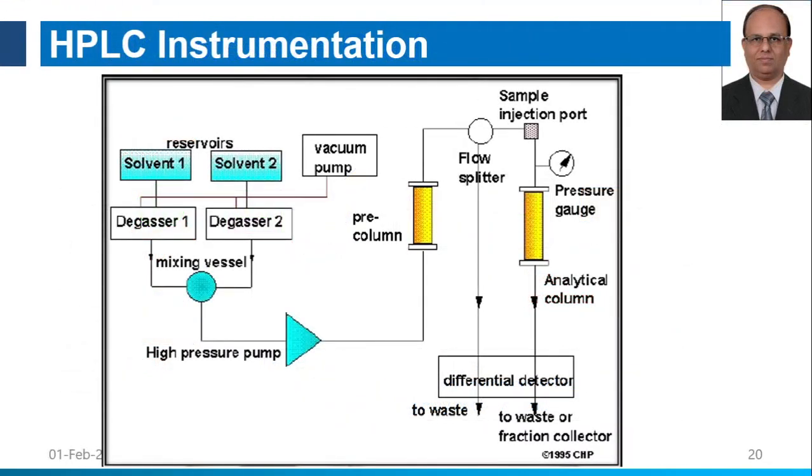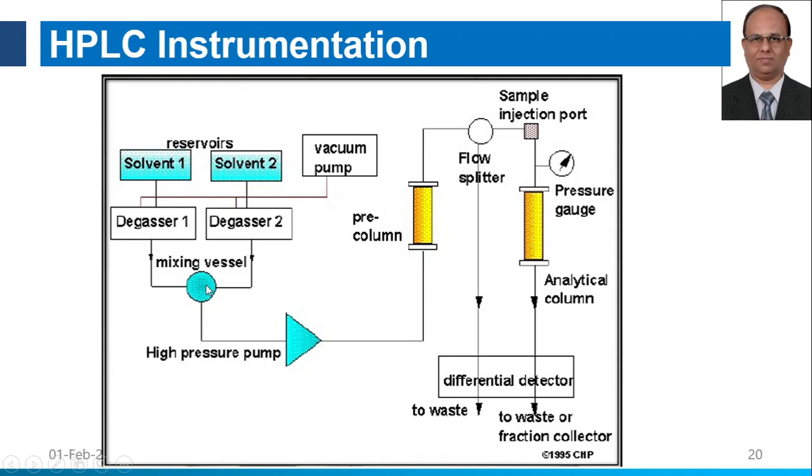This is the block diagram of your HPLC instrumentation. Here you can see solvent 1 and solvent 2 reservoirs. Then separate degassers are provided for each solvent system. These degassers are equipped with a vacuum pump, so they will remove all the dissolved gases, and the degassed solvent is sent to the mixing vessel where it